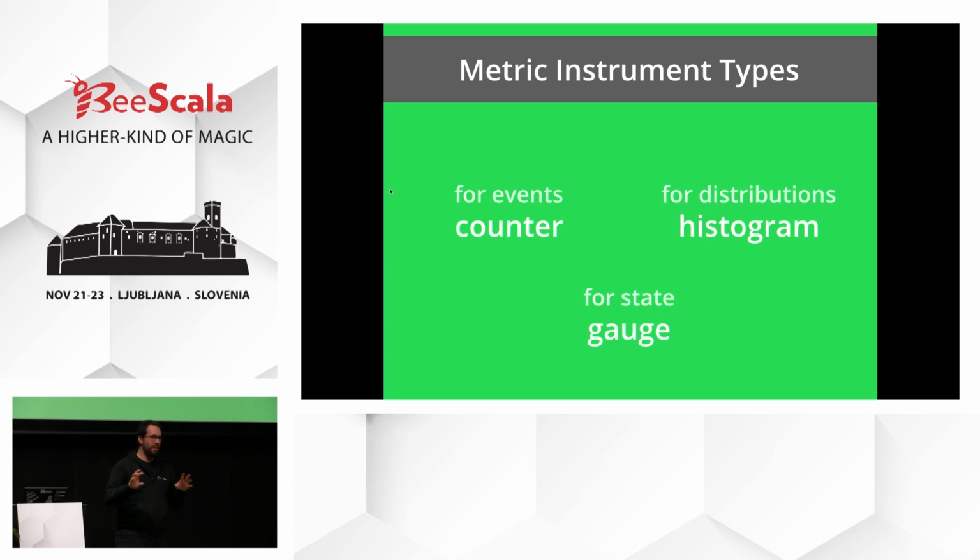There might be some differences in the implementation, but basically you need to focus on the two at the top: count how many events happen, and measure distributions of values when you are talking about things like latency or message sizes. Keep in mind that the importance of using these two is that you can aggregate those values. You can sum a counter with a counter. You can sum a distribution with another distribution. You cannot really sum a gauge with another gauge and get some useful value out of that. So when you're instrumenting your apps, if you want to create things manually, think about those two: counters and histograms.